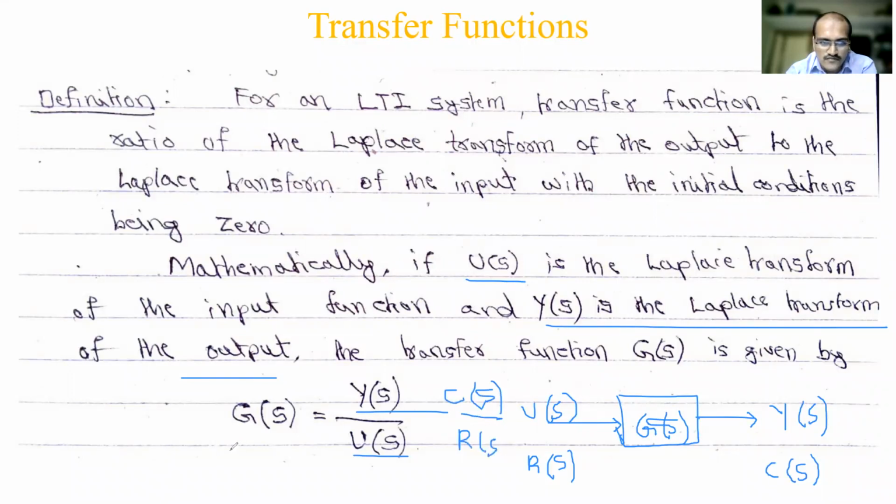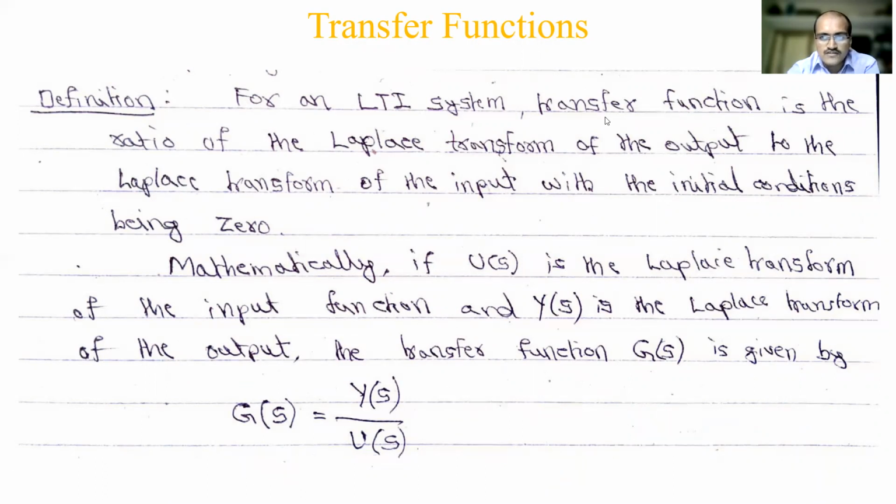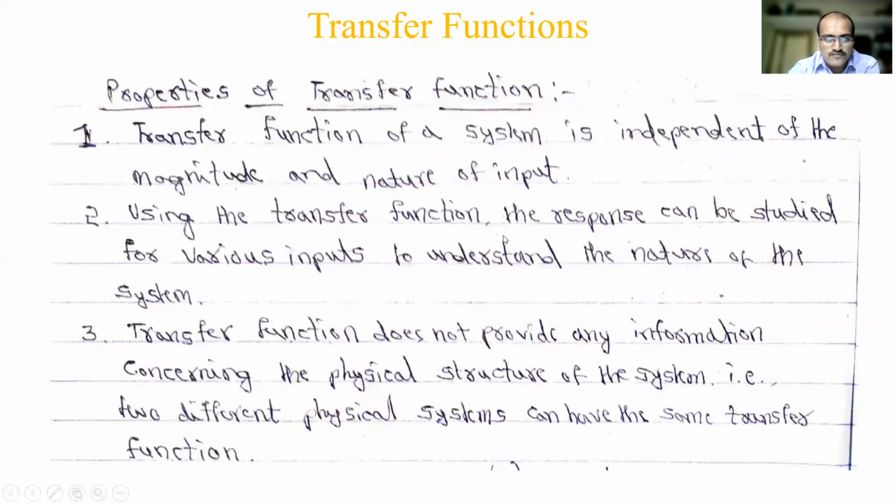In some cases it will also be called t of s. So here we have written g of s; sometimes it is written as t of s also, meaning the transfer function. So these are different notations. I want to clarify it in the beginning itself. So this is the simple definition of the transfer function. Along with that, there are certain theory questions which we'll be discussing next.